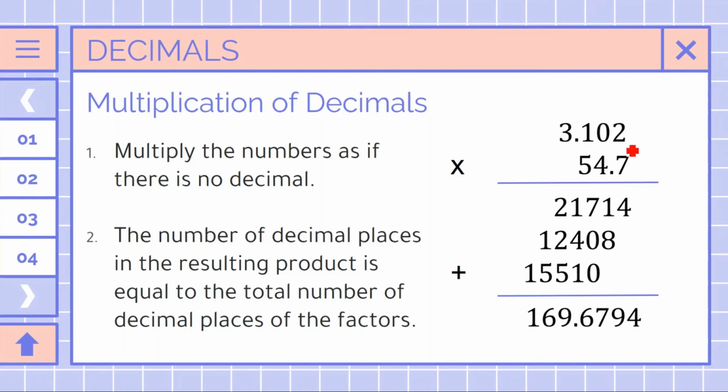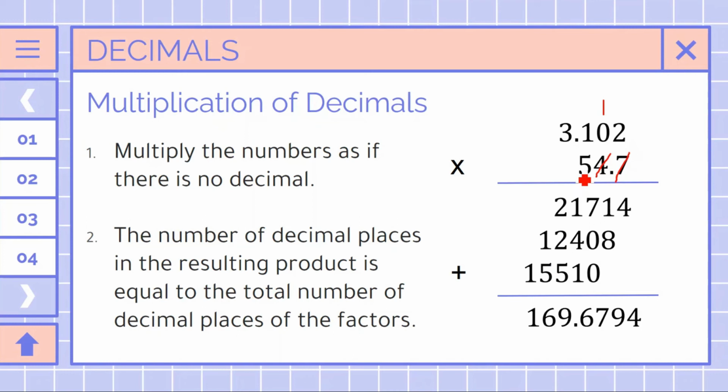And then, multiply. So, 2 times 7 is equal to 14. But we will put 4 and then carry 1. 0 times 7 is 0. Add 1, 1. And then 1 times 7 is equal to 7. And then 3 times 7 is equal to 21. So we're done here. Next, 4 times 2 is equal to 8. 0 times 4 is equal to 0. 1 times 4 is equal to 4. And then 3 times 4 is equal to 12. Here